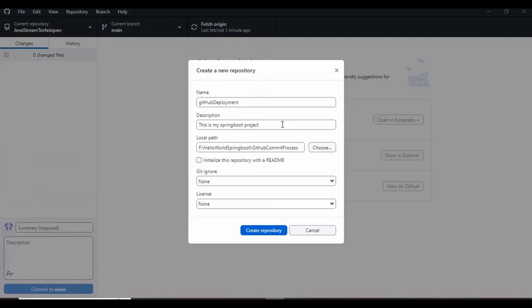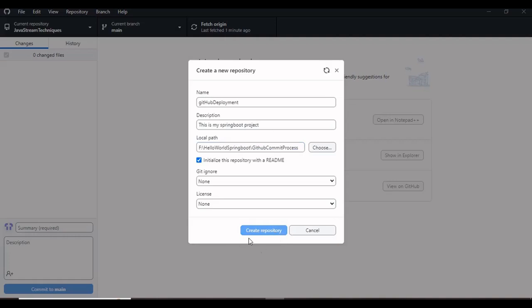So a folder would be a sort of a local repository that is being made by GitHub Desktop on your system, right? So let me say initialize readme, and let me copy this path, and let me say create repository, right?